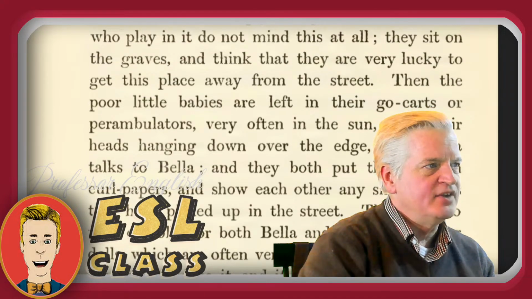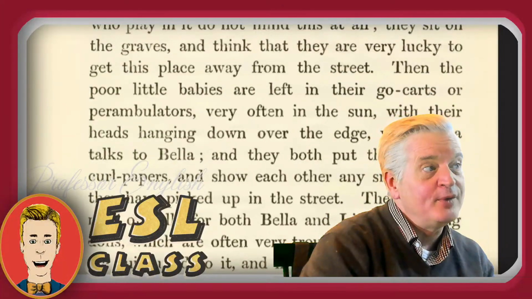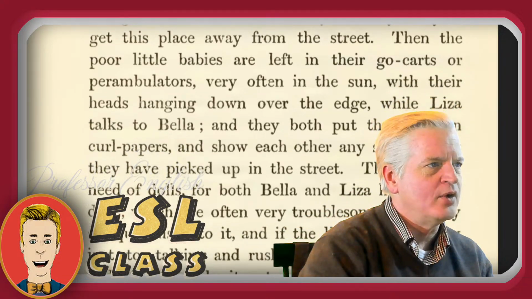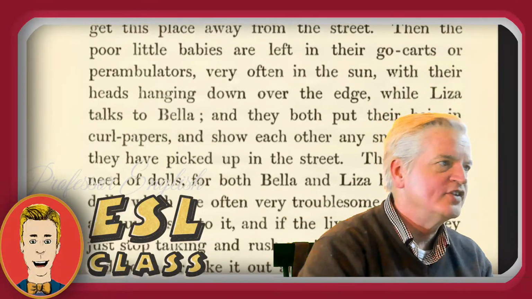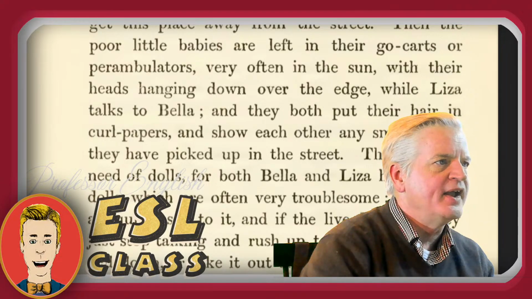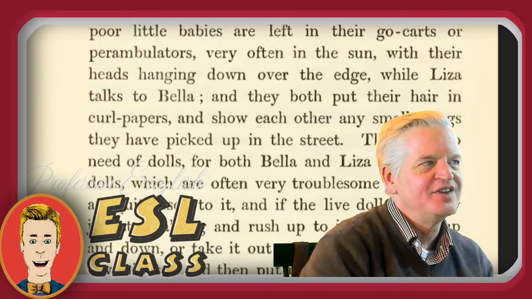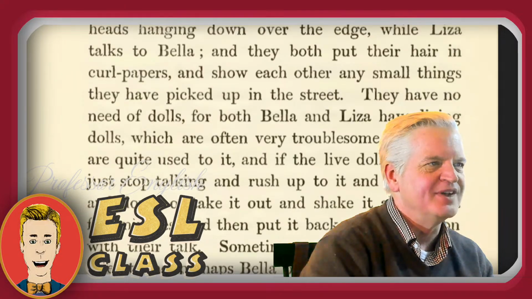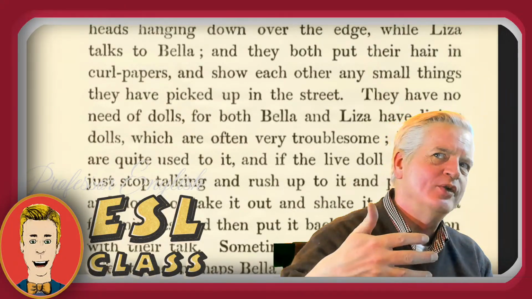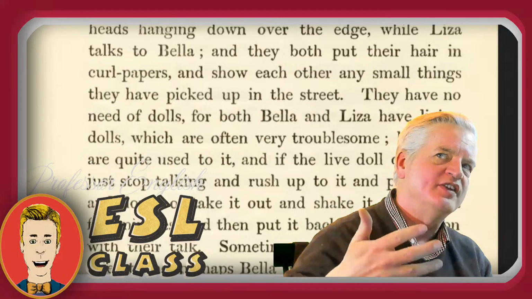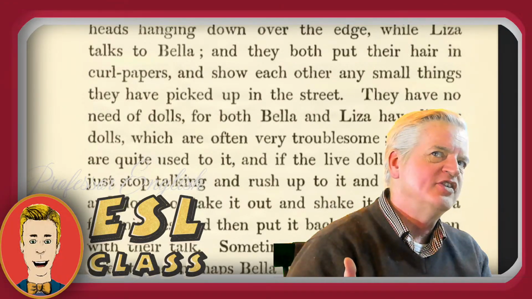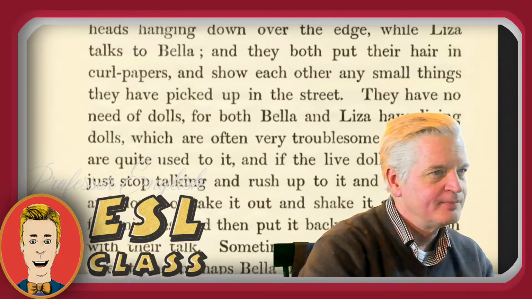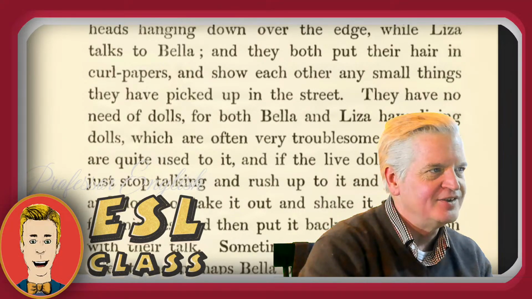Then the poor little babies are left in their go-karts or perambulators, very often in the sun, with their heads hanging down over the edge, while Liza talks to Bella, and they both put their hair in curl papers and show each other any small things they have picked up in the street. So basically the older girls who are supposed to be watching the babies, they don't really watch them. They sit and talk about whatever thing they want and let the kids do